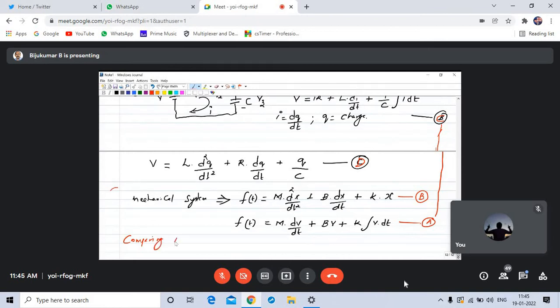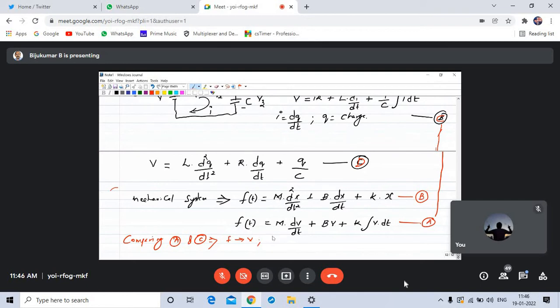On comparing A and C, you can see that there is an analogy between this mechanical system and electrical system. Right? What is the analogy? Force is analogous to voltage, right? If you compare both equations A and C, both are second order linear ODE equations. So if you compare that, you will get the force in mechanical system is analogous to voltage in electrical system,